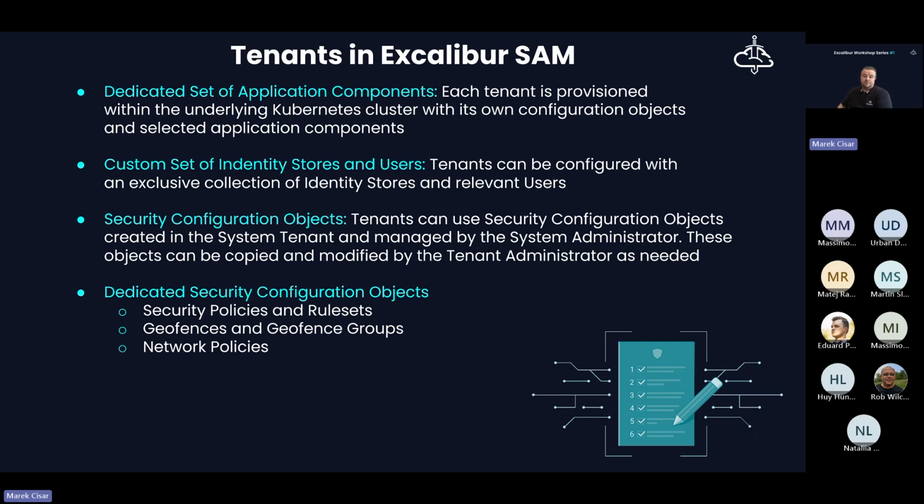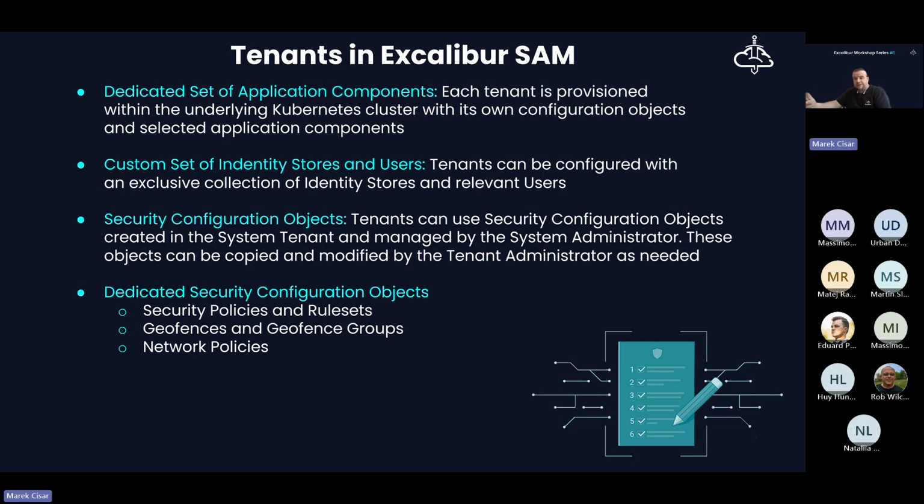Yeah, a lot of the details on this slide were already explained, but let's go a little bit into the details. So, dedicated set of application components. This is possible because Excalibur runs on the Kubernetes cluster.